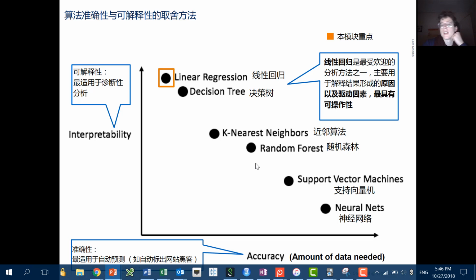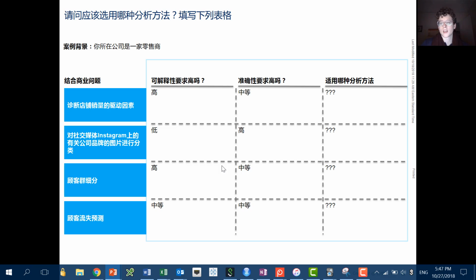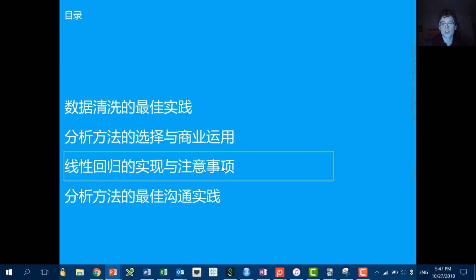If I had a ton of data, I might consider a neural net, but neural nets are better for more unstructured data, like an image or text or sound, for example, or video. So I might use a random forest. You could consider using neural nets. You could even consider using linear regression. It depends on how much interpretability you really want at the end of the day. So that is these four. And so now we're going to dive into linear regression, which I'm really excited about.